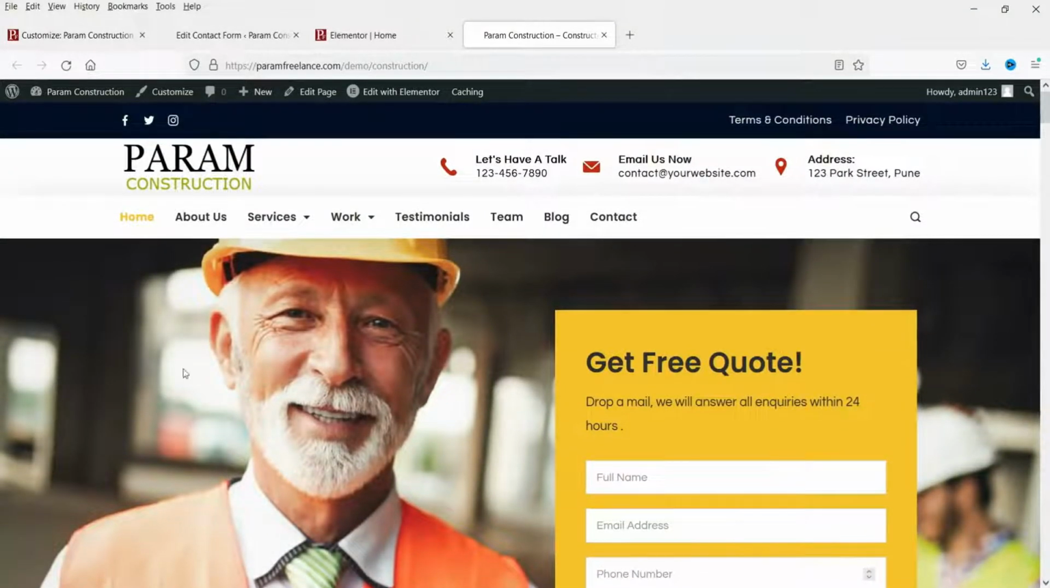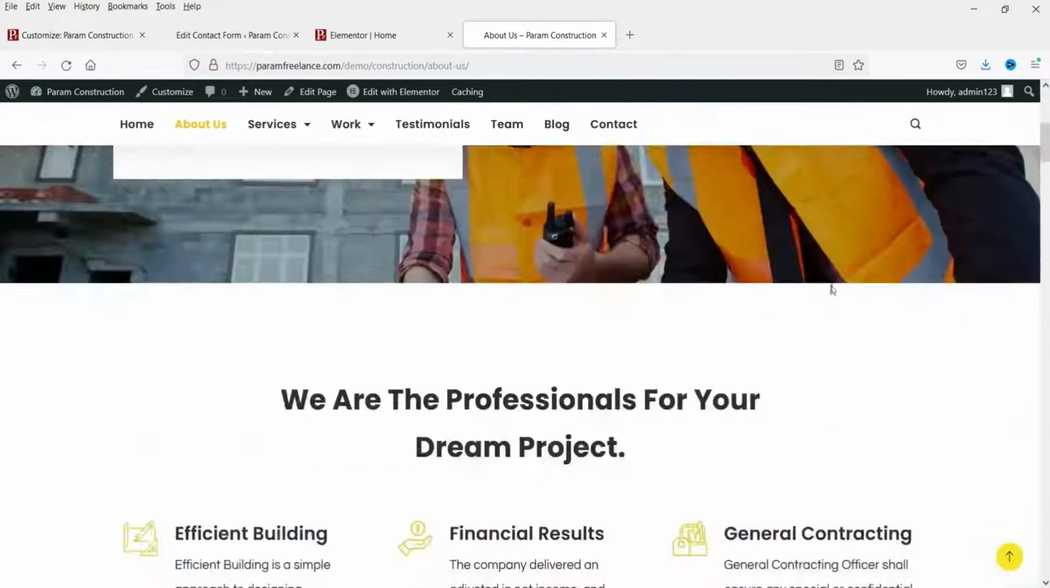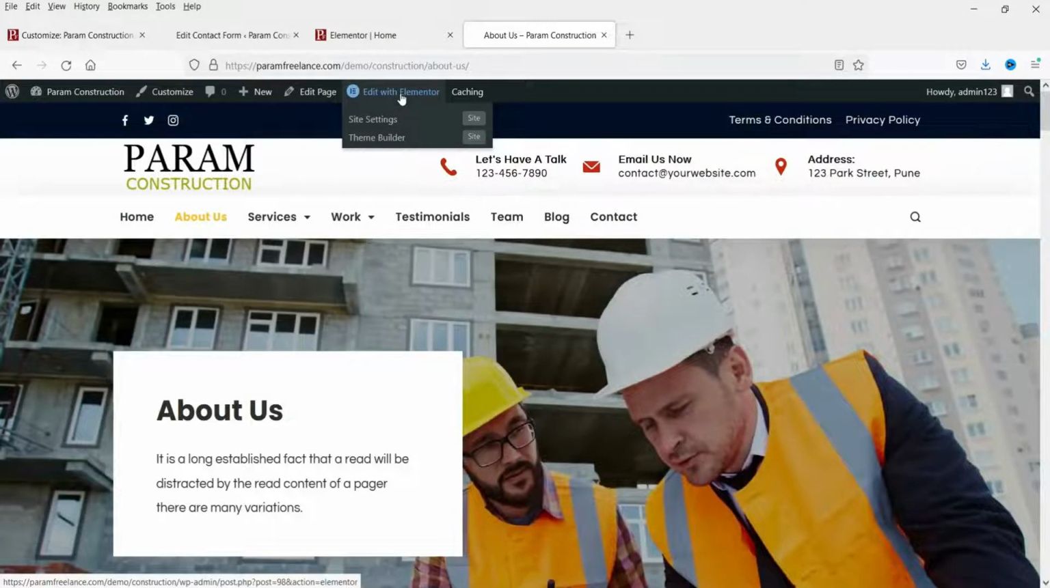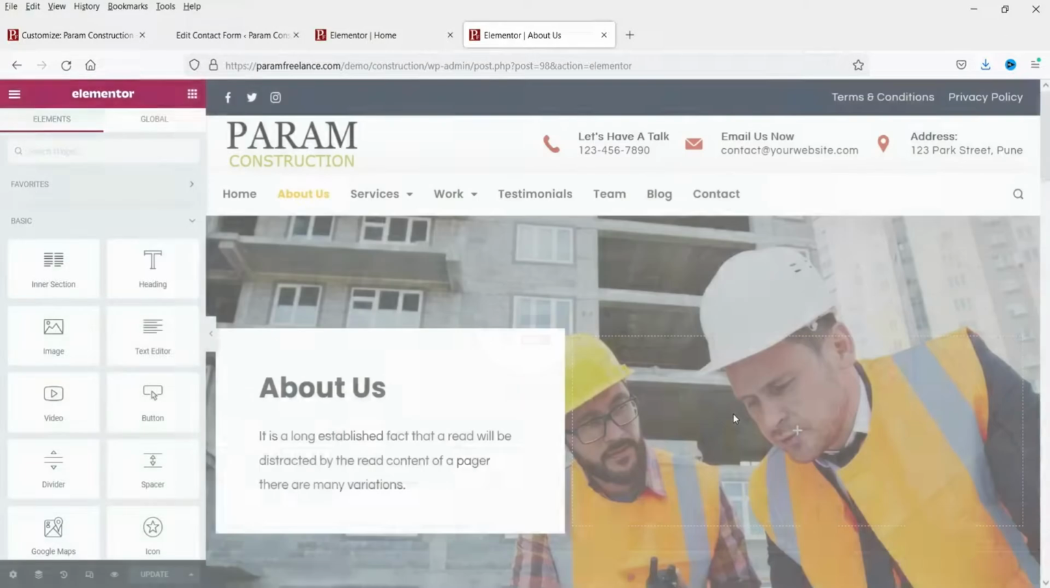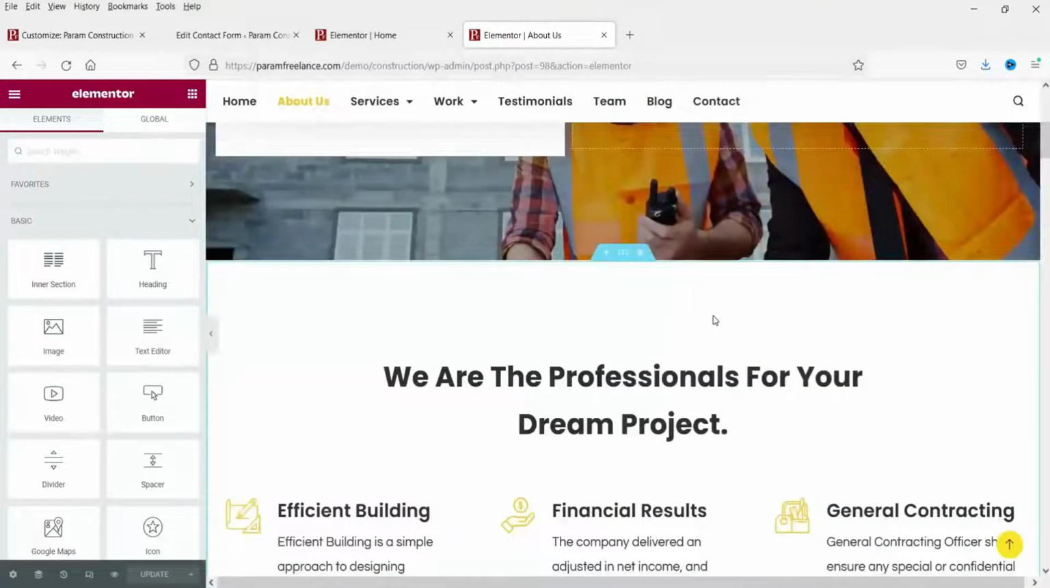Now let's move on to the next page, that is About Us. Alright, so this is the About Us page. That will be the information about your company. Now click on the option Edit with Elementor. Now here you will see the option to edit this page. So using Elementor, you can add section, you can remove section, and you can edit any part of this page